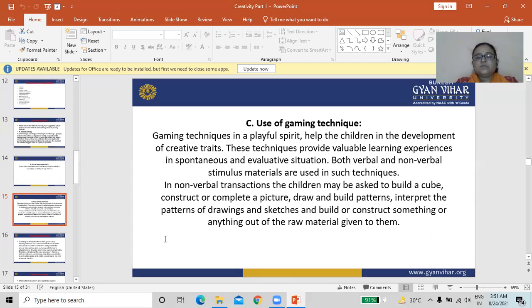These techniques provide valuable learning experiences in spontaneous and evaluative situations. Both verbal and non-verbal stimulus materials are used in such techniques.